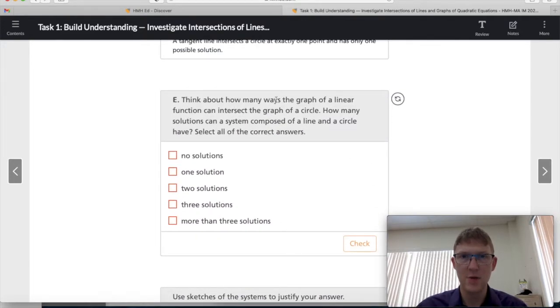Think about how many ways the graph of a linear function can intersect the graph of a circle. How many solutions can a system composed of a line and a circle have? It could potentially,